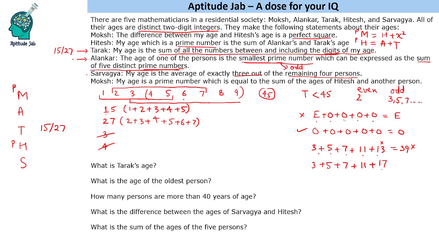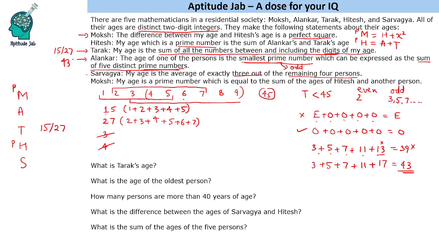Okay? We have to bring in 17, and in order to reduce the sum, we will remove the largest number out of these. So we will see that the number increases by 4 and it becomes 43. So this number which he was talking about is 43. So one of the ages is 43. Okay. Now we will do some hit and trial here, and also another thing to consider is, let us understand